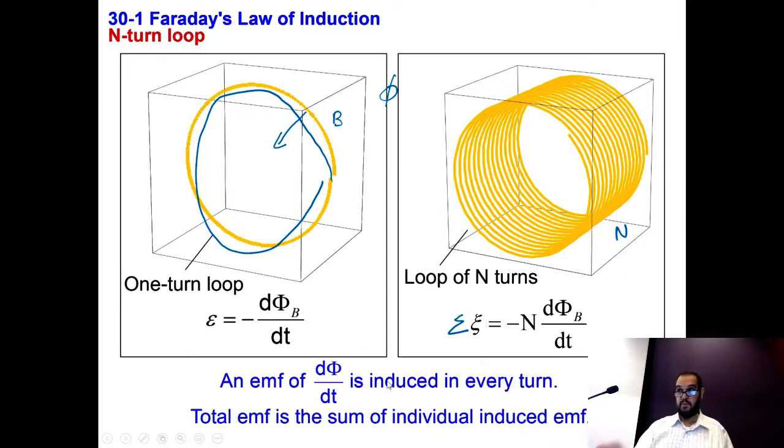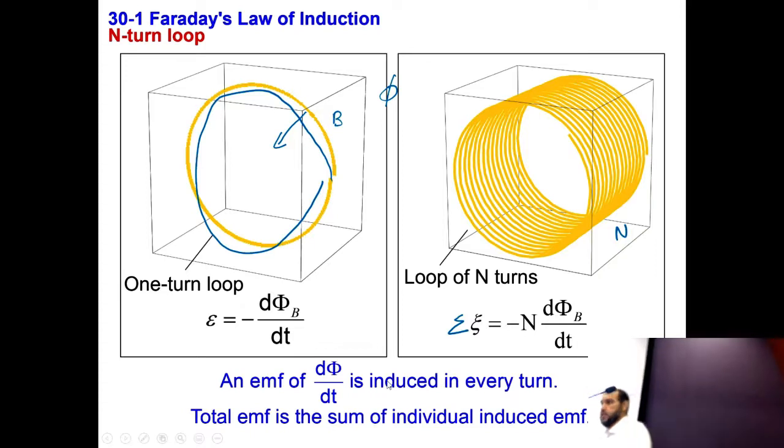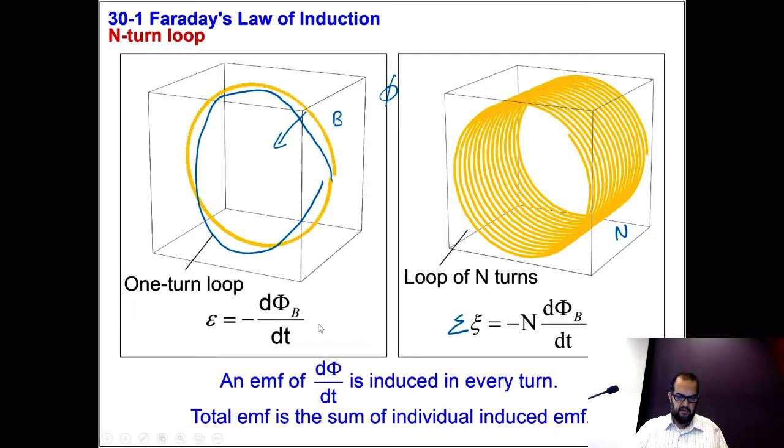Okay, so that means you can generate very good voltage from a single loop. Maybe you can generate a few millivolts. A second loop, you double that. A third loop, you triple that, and so on. And if you keep doing that, you can generate quite a significant voltage. So here, the magnetic flux changing can generate very significant voltage that you can use in your everyday devices or